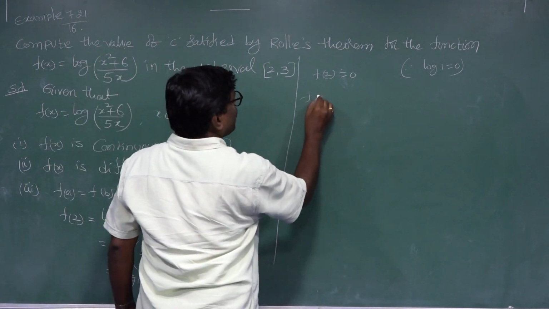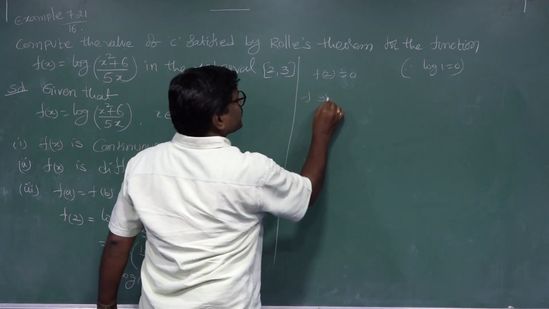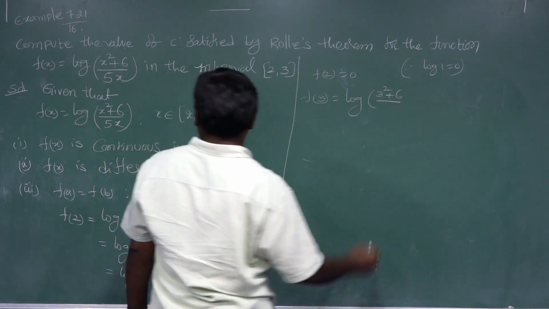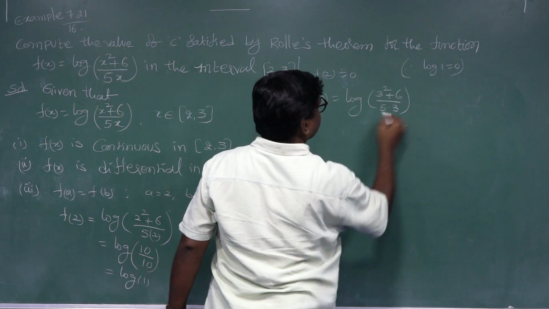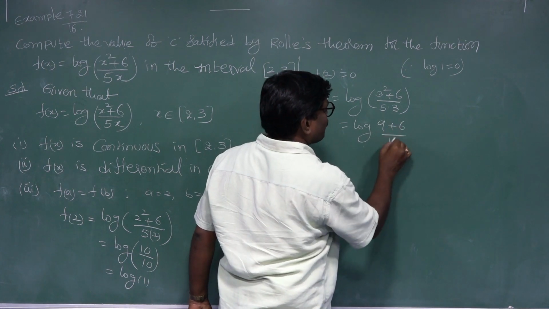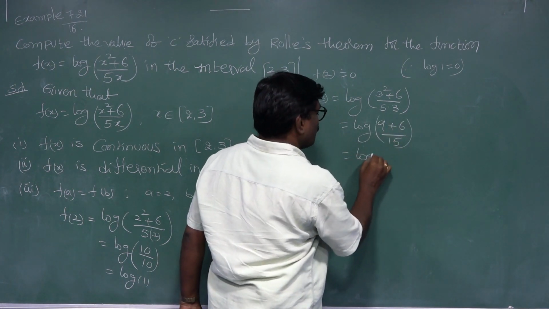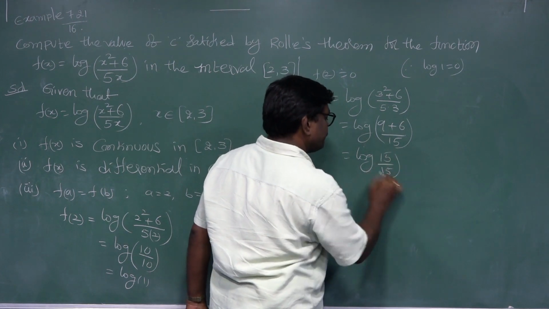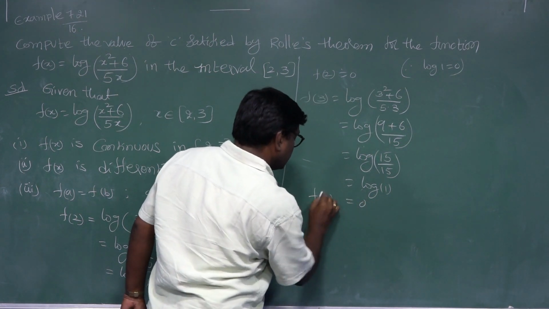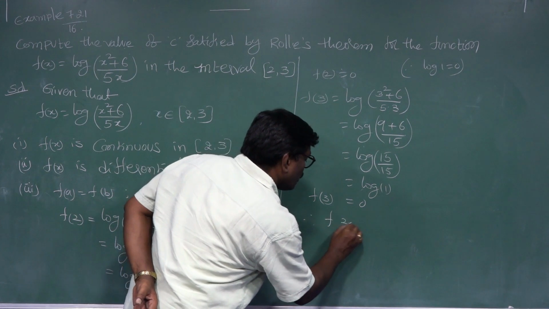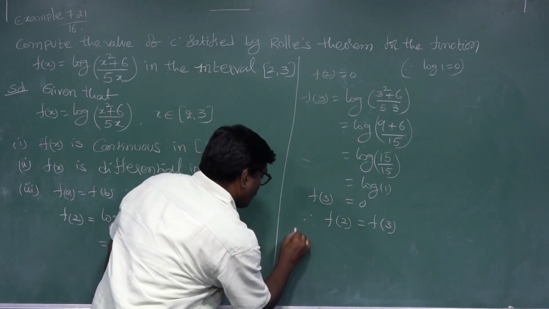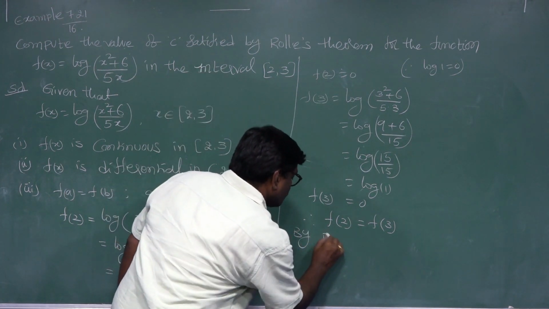Again, f(b) where b is equal to 3. f(3) = log((3² + 6)/(5 × 3)) = log((9 + 6)/15) = log(15/15) = log 1. The log 1 value is 0, so f(3) = 0. Since f(2) is equal to f(3), by Rolle's theorem,